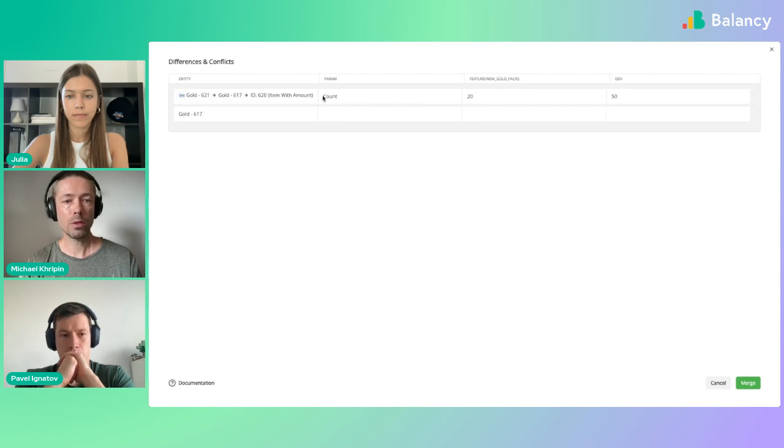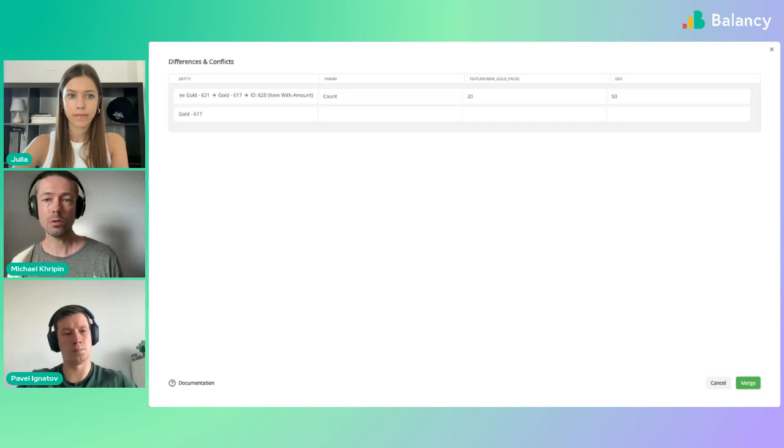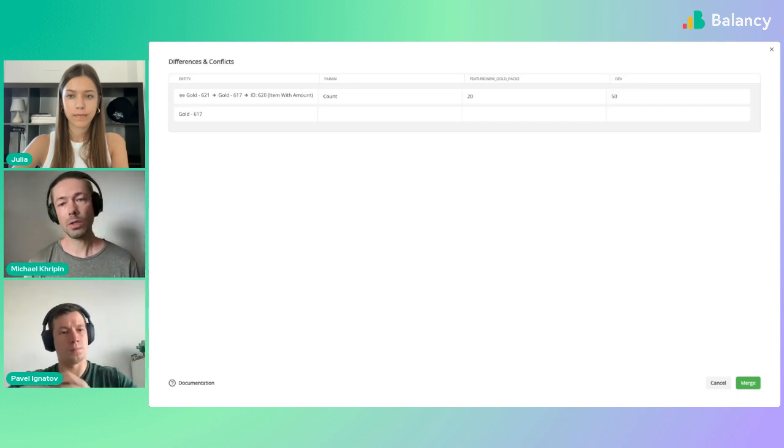So the count parameter of this component has changed, and we now have to resolve this conflict. Right now, in the first MVP version of branches, we will resolve these conflicts always towards